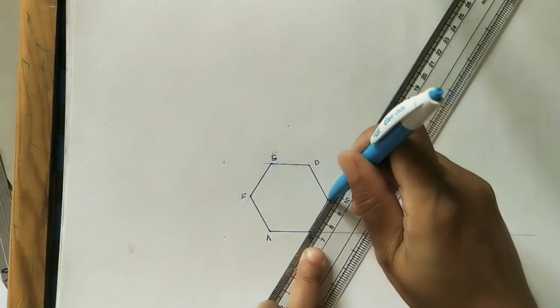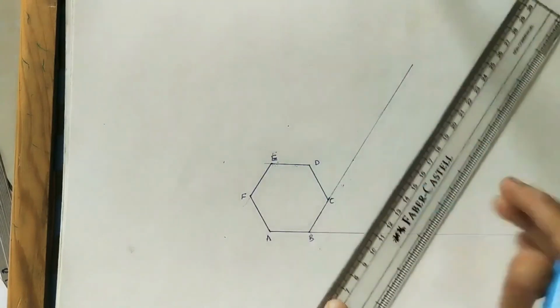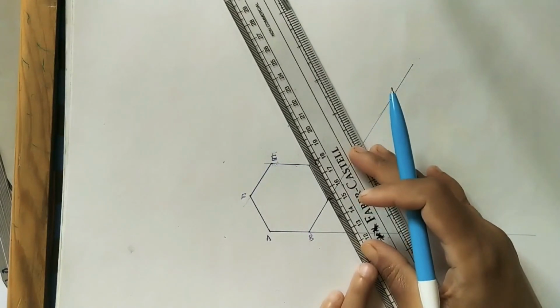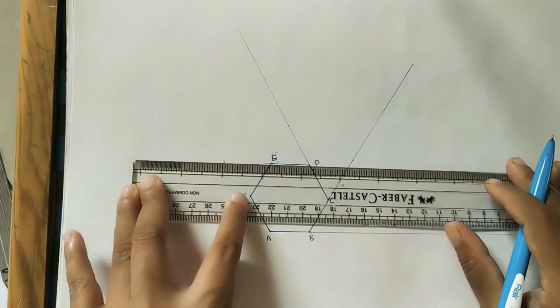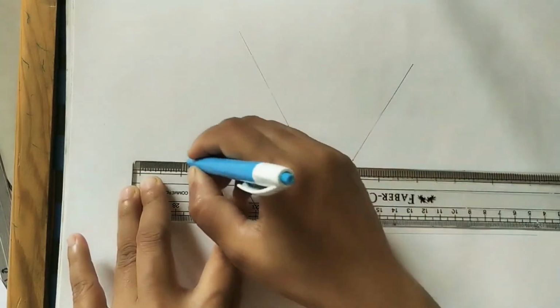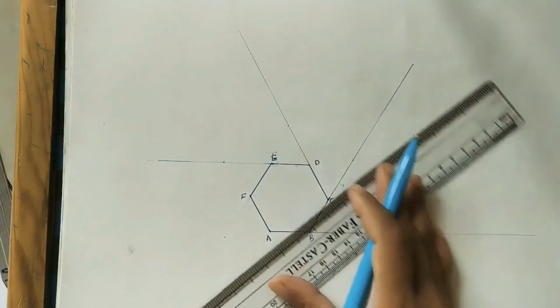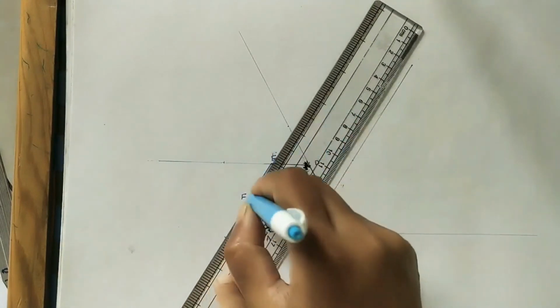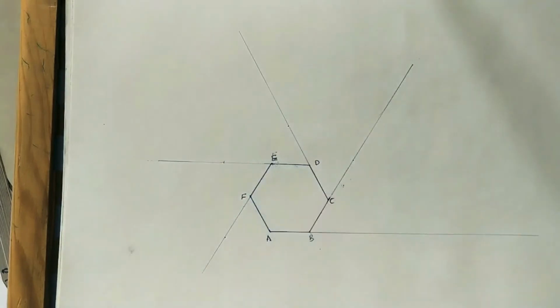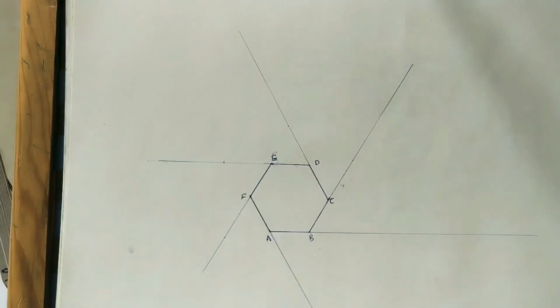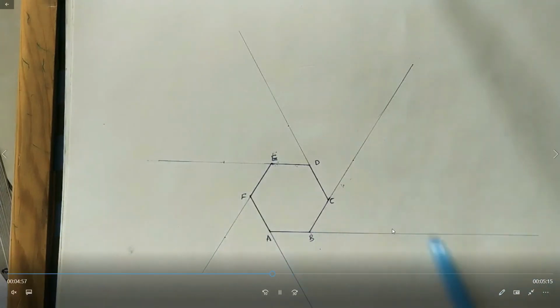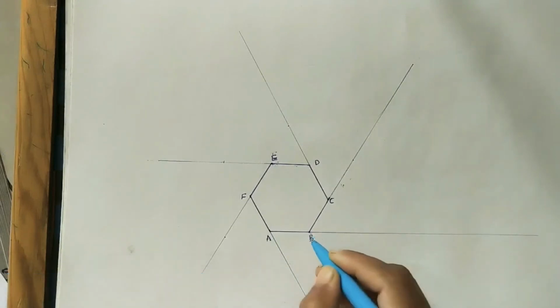And we draw the tangents in a similar way: B2, D2, E2. In this way, lines. Very lightly you draw the tangents. F and A. Okay, now 1, 2, 3, 4, 5, 6. 6 tangents. At every corner we draw one tangent. So, involute of a hexagon.